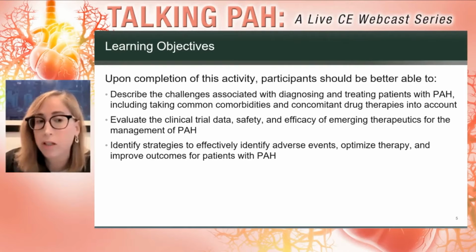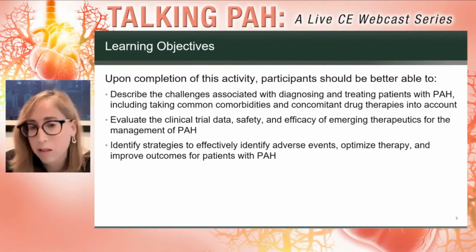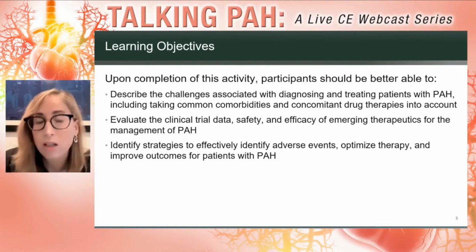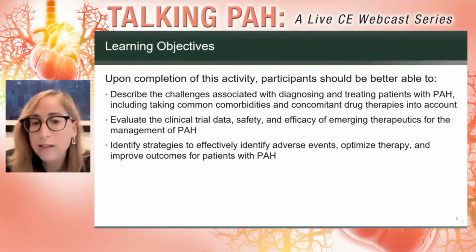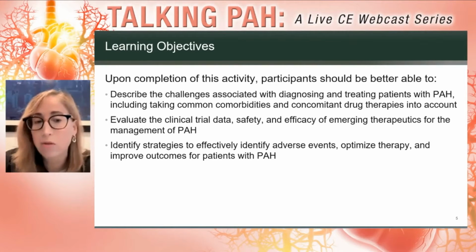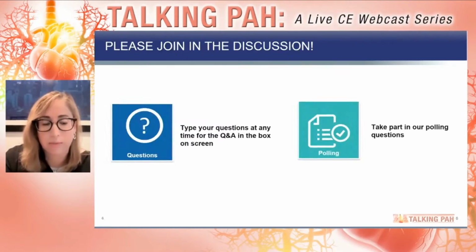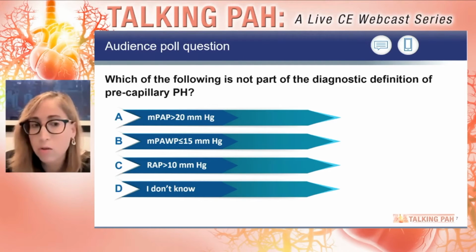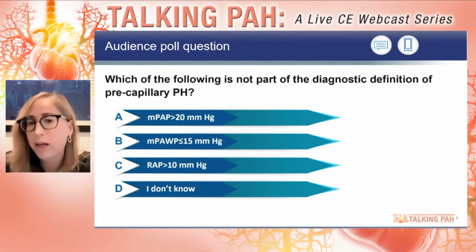with pulmonary arterial hypertension, including talking about common comorbidities and concomitant drug therapies, because this has really been what we've been facing now in clinical practice. Two, to evaluate the clinical trial data, safety, and efficacy of emerging therapeutics for the management of pulmonary arterial hypertension. And three, to identify strategies to effectively identify adverse events, optimize therapy, and improve outcomes for patients with pulmonary arterial hypertension. Let's start right from the beginning, which is, which of the following is not part of the diagnostic definition